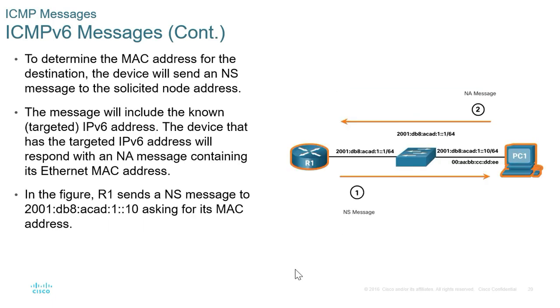So another usage for ICMP V6 adalah untuk kita resolve IP dengan MAC address. Okay, so ni lebih kurang sama macam address resolution protocol untuk IPv4. Okay, so it's basically we want to know what is the MAC address for a particular IPv6 address. Okay, so dia akan gunakan message yang sama, which is neighbor solicitation. Okay. So that's it for